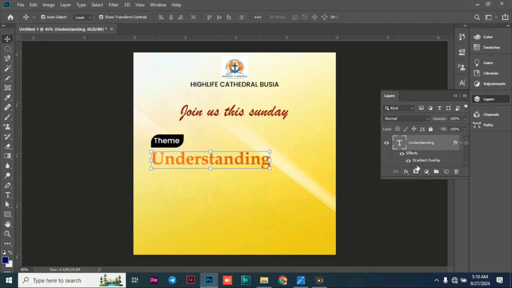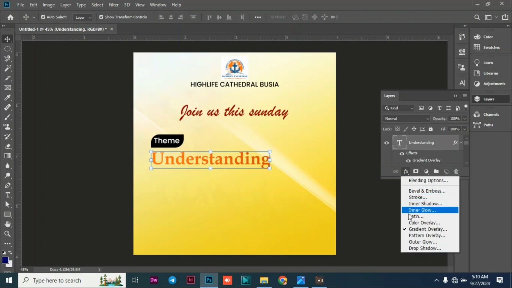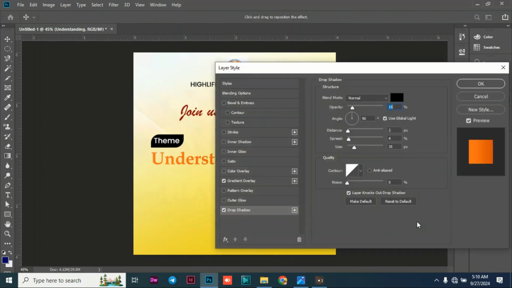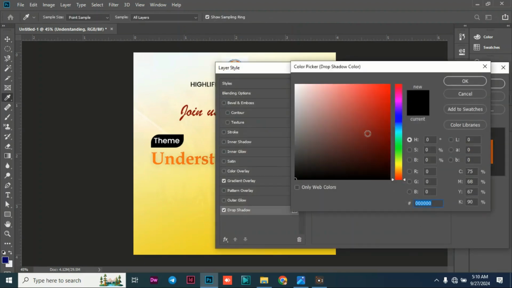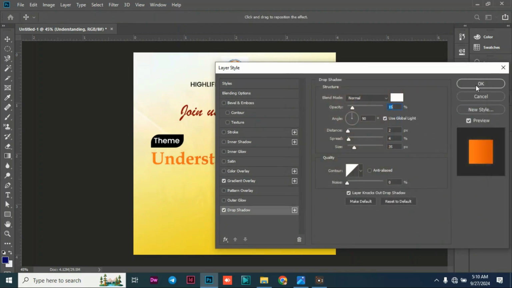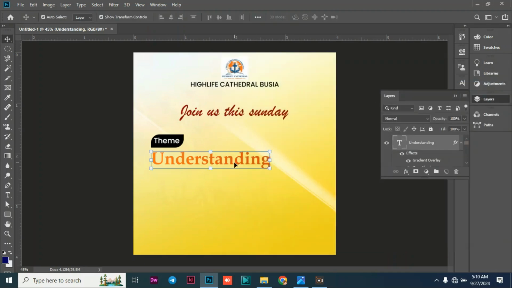And then what I'm going to do, I'm going to add some drop shadow on it. So I want it to cast some shadow to the next text. So I click on drop shadow, and the drop shadow that I want to use this time round, I want to use white drop shadow, because I want it to be casted on the text that I'm just going to write. So in this case, I just want to bring in the second text, and that is